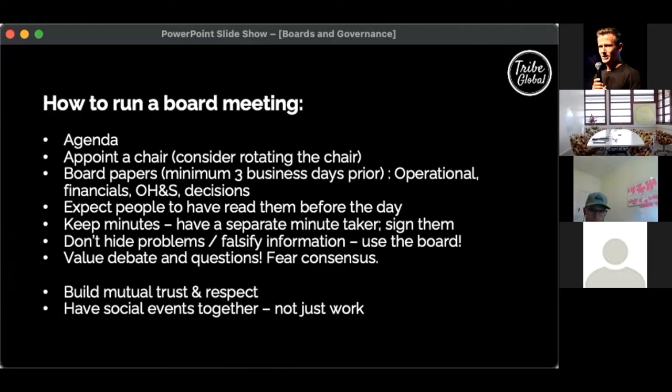Next, how to run a board meeting. One thing I'll say here is even if right now you are just the sole director of your company, you still need to have a board meeting. This can sound so bizarre, but the reason is when you're the founder and you and a couple of mates have started a business,